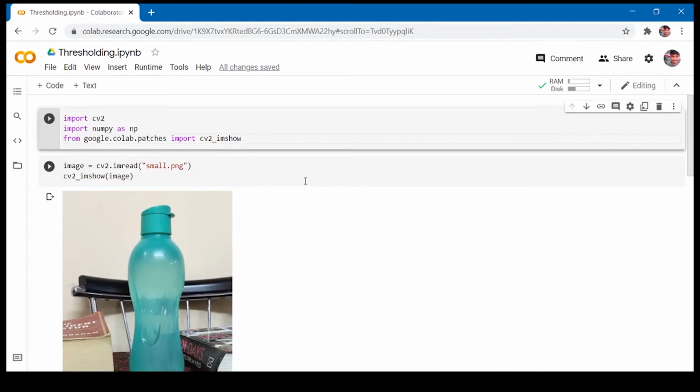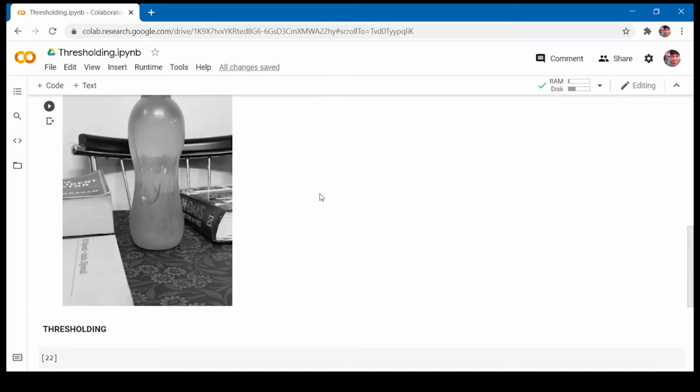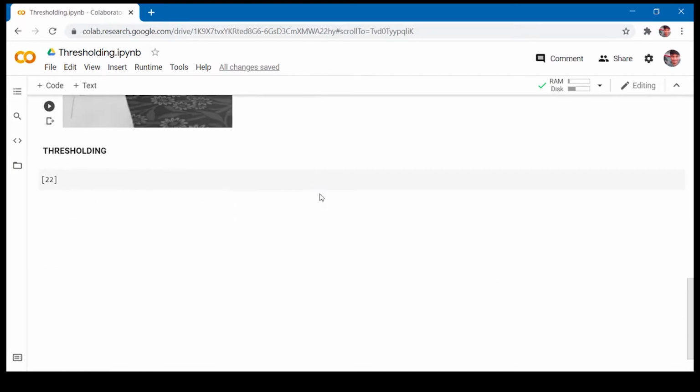Now that we know what thresholding is in theory, we will now try to achieve this using OpenCV. To apply thresholding, we need a single channeled image. So I have loaded the image in color and converted it into grayscale image using cv2.cvtColor. To binarize an image, we have a function called cv2.threshold in OpenCV which takes 4 arguments.